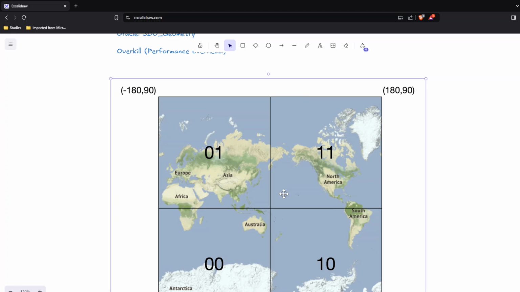In 2 bits, this is 0, 1, this is 2 and 3, right? If I think of it in actual number terms, what it is doing is dividing the whole world into four quadrants, and we can gradually keep on dividing these areas further. How? Let's take only this quadrant, and what it will do is basically